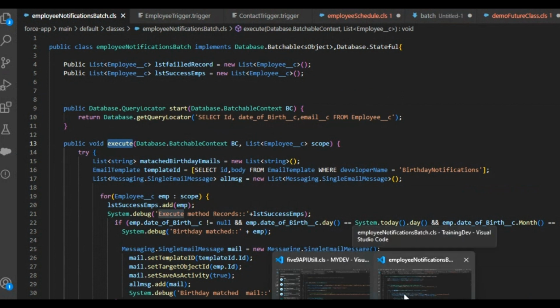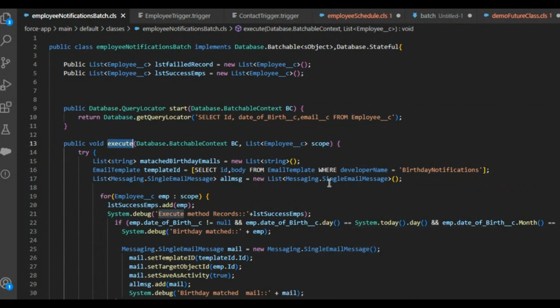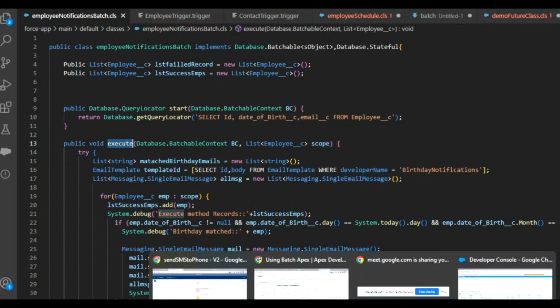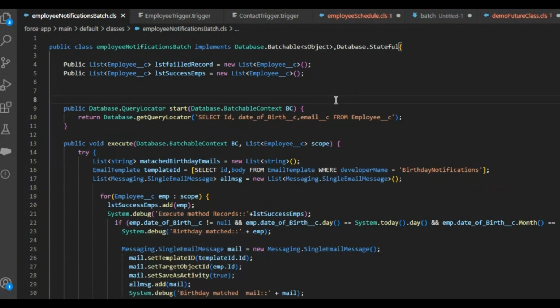Any other things? So did you guys complete the task? Stateless I have shown you, right? So if you don't use the stateful,